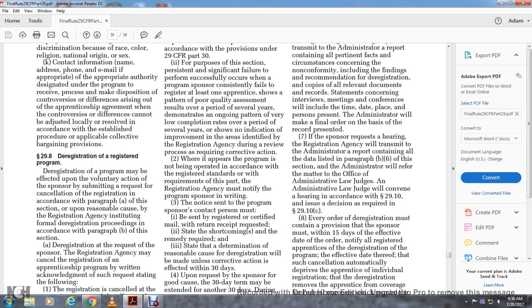In the areas identified by the registration agency during the review process requiring corrective action, when it appears that the program is not being operated in accordance with the registered standards and the requirements of this part, the registration agency must notify the program sponsor in writing. The notice must be sent to the program sponsor's contact person by registered or certified mail with a return receipt, and request a remedy